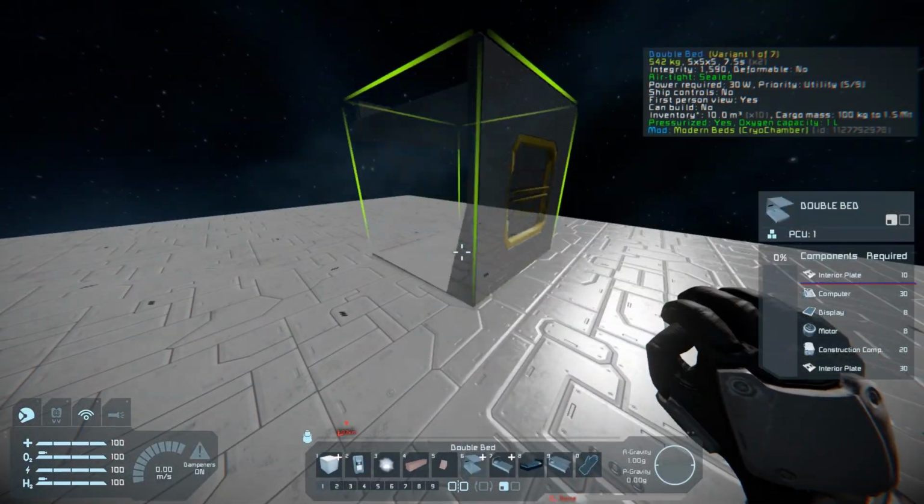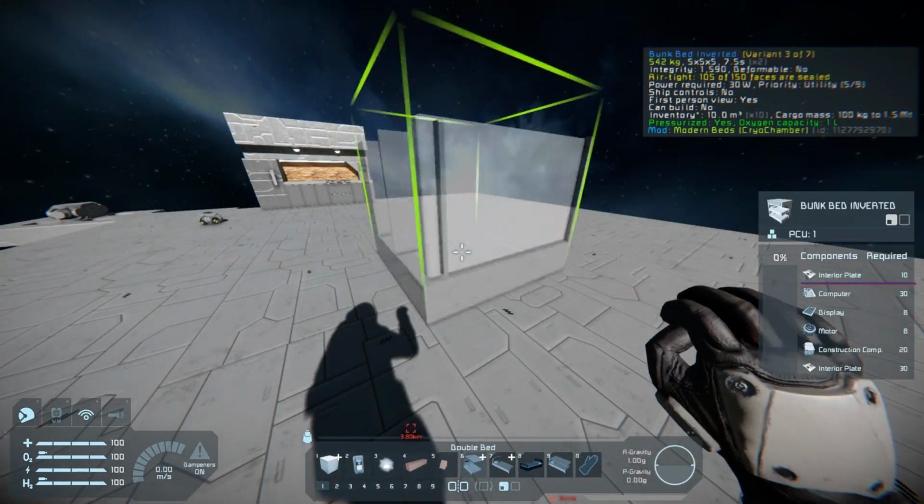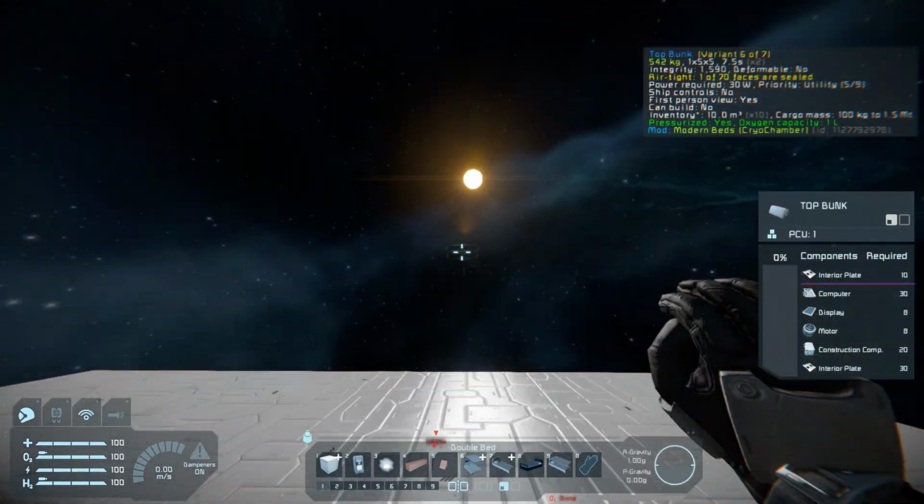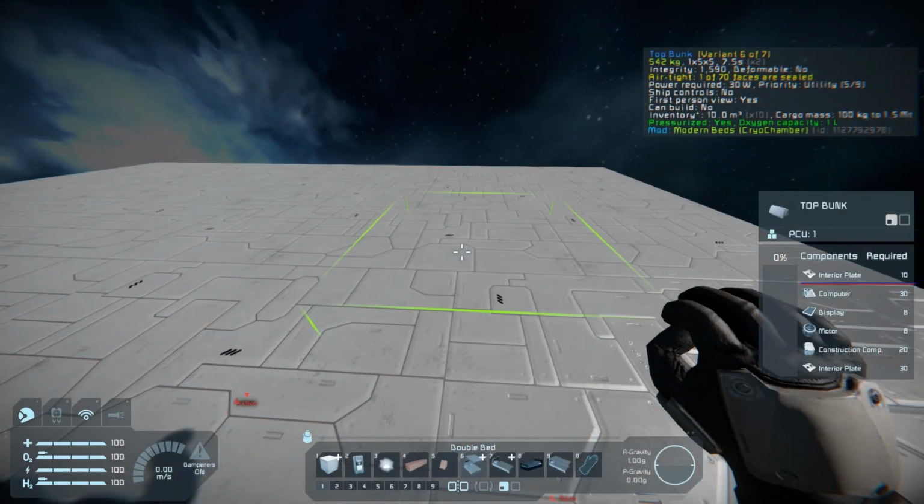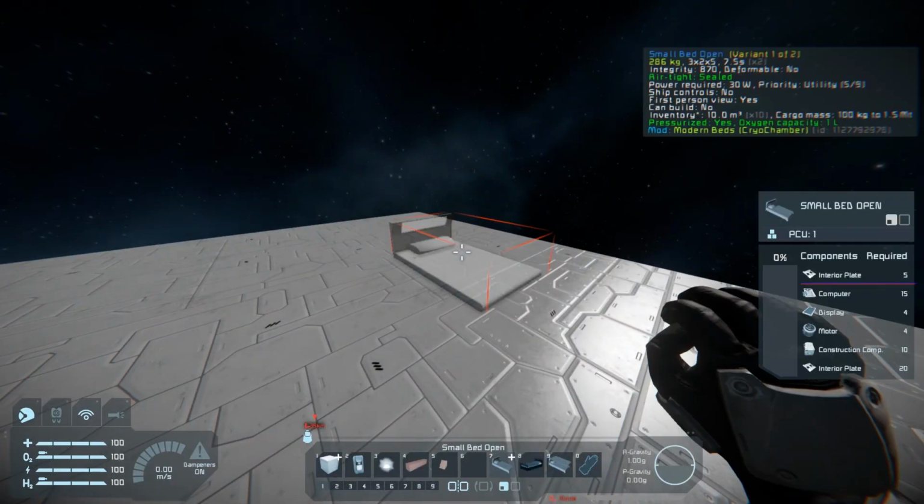Today we're going to be doing a different kind of Space Engineers Let's Build, different from what I've done before. We're going to be doing smaller things like props, and then we'll be putting them into a bigger